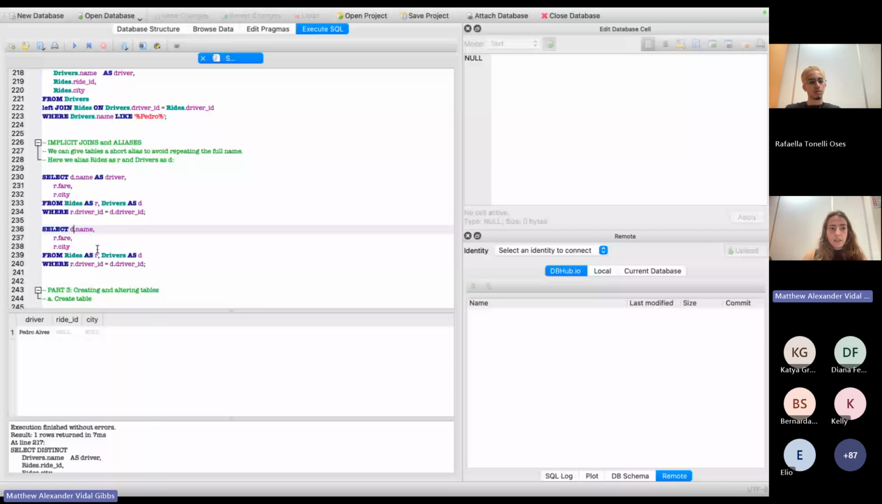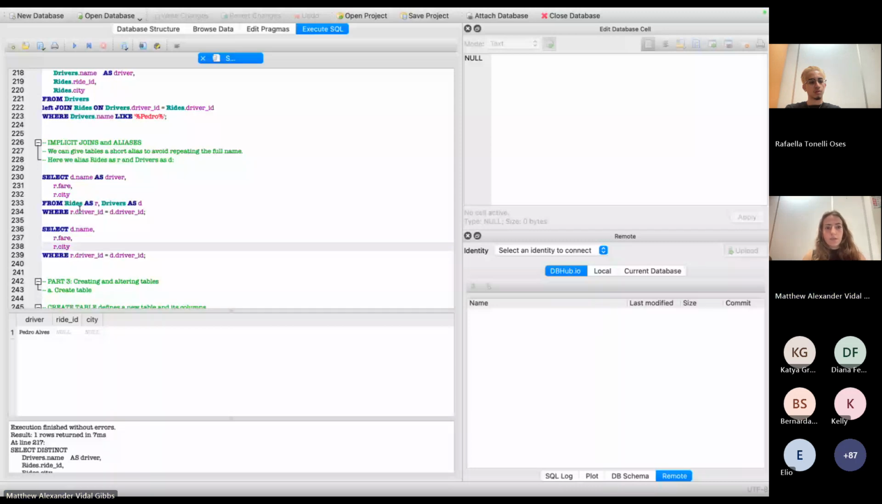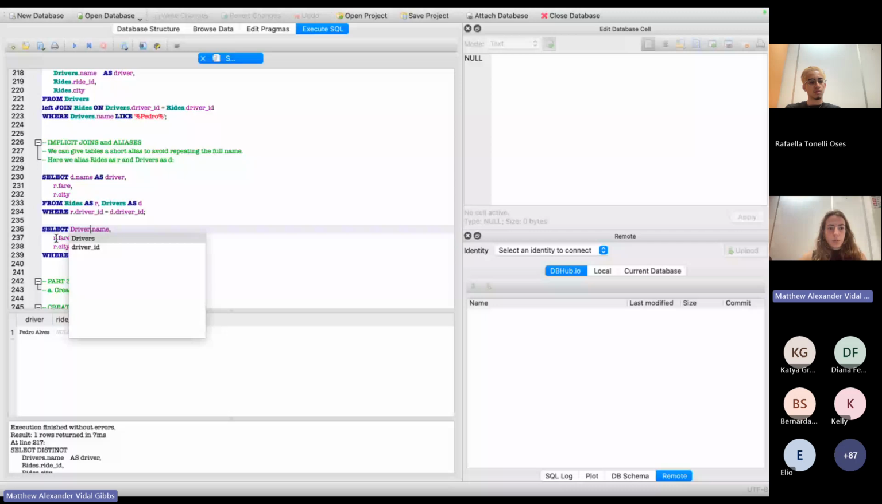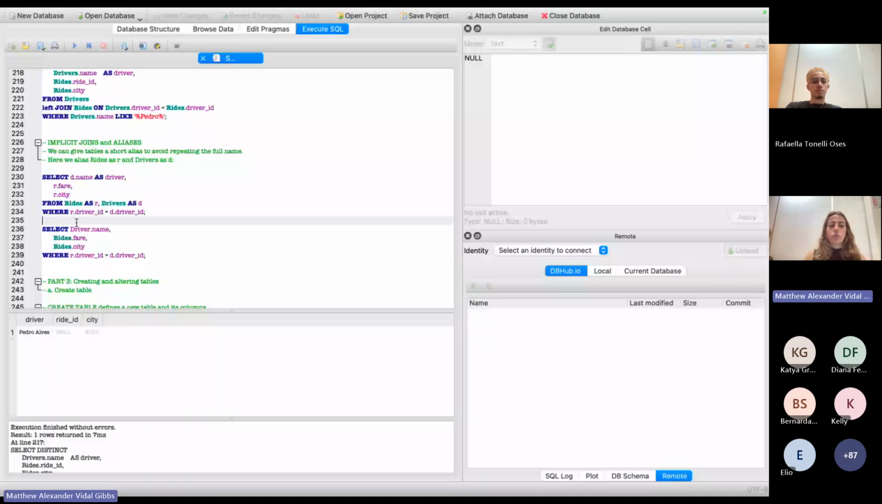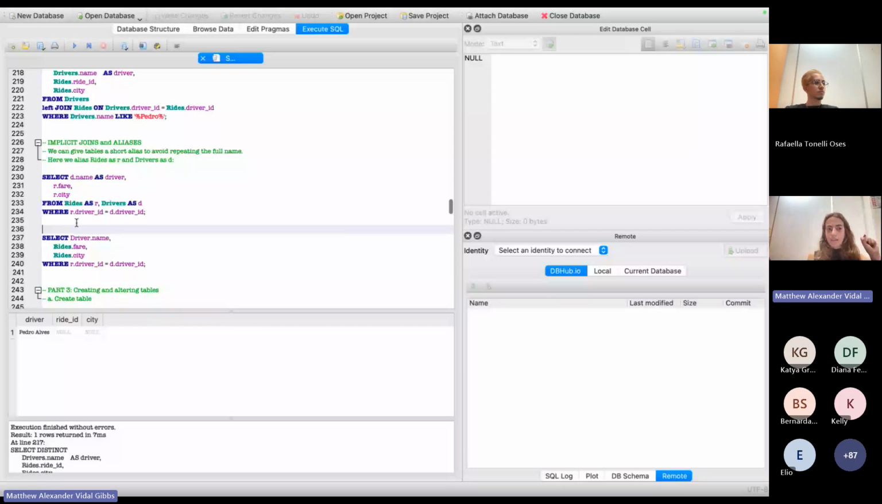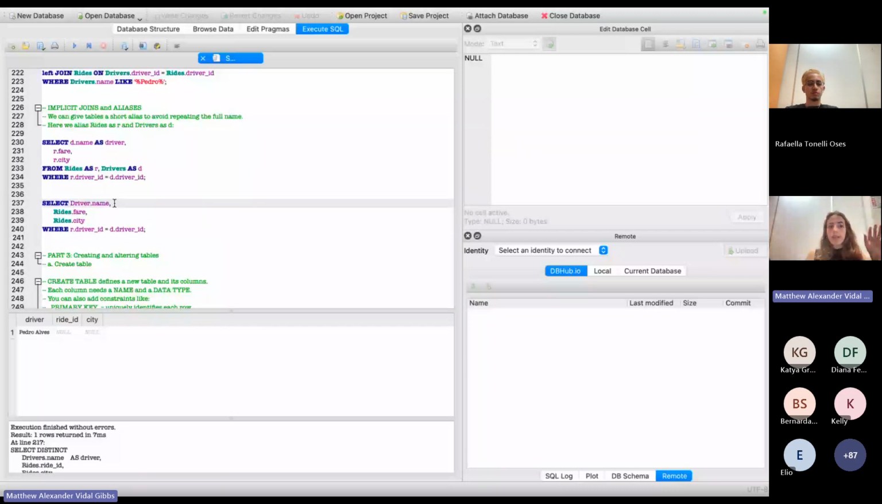Instead of using the aliases, I will use the implicit join here without aliases. So instead of what we were doing before, that, hey, SQL, give me everything from the drivers table, here I'm telling SQL, I want from the drivers table the name, from the rides table the fare and the city. And to connect these two tables, use the driver ID. And when I run it,